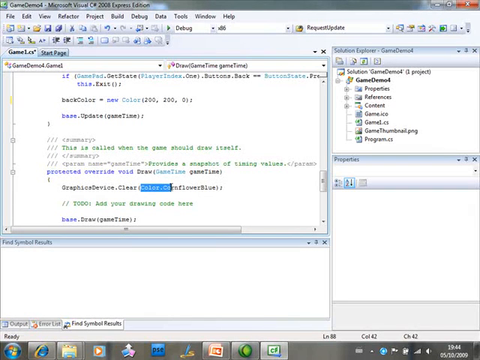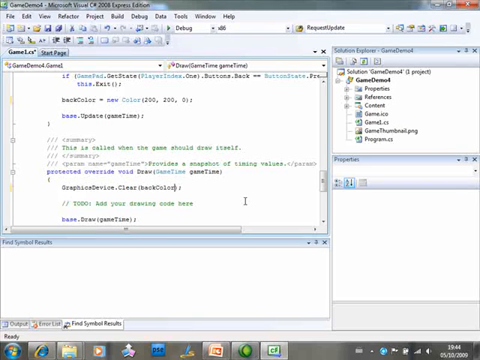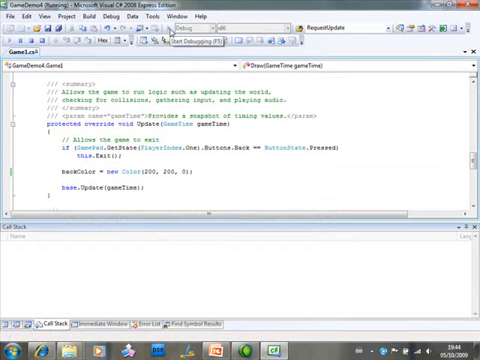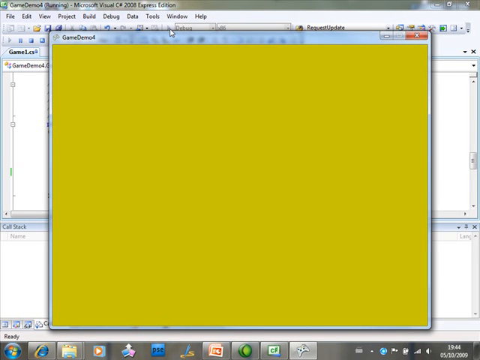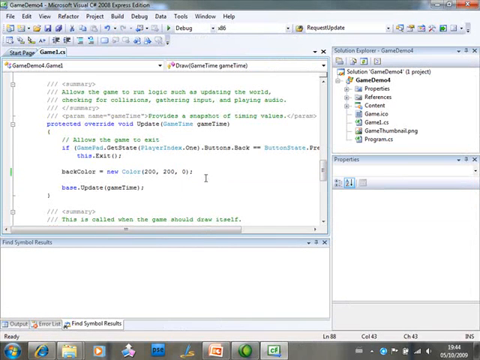And rather than drawing our lovely blue screen, I'm going to make it draw BackColor instead. And having done that, this one is pushing information into my game world. This one is pulling information out of the game world and using it to draw the screen. So if I press run now, I should be rewarded by a screen of purest yellow. Perfect. I can stop the game, and just to really show what happens, I'm going to whack in 100's worth